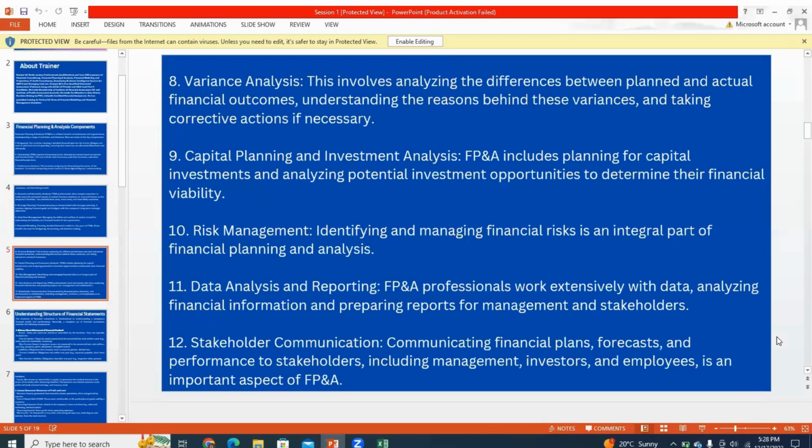The next thing, variance analysis. This involves analyzing the difference between planned and actual financial outcomes, understanding the reasons behind these variances, and taking corrective actions if necessary. Yes, the thing we have talked about earlier: actual versus forecast, actual versus budgeted, plan and budgeted versus actual, the variance, the difference, negative result or positive result, is also very important for the financial planning analysis analyst to see